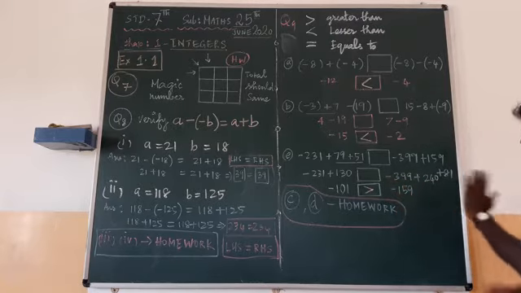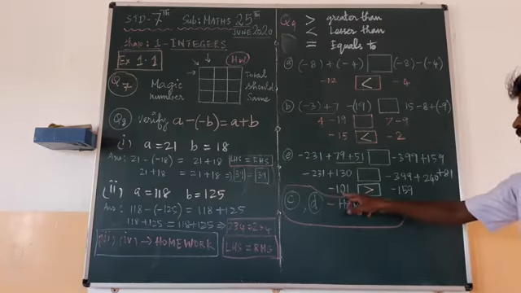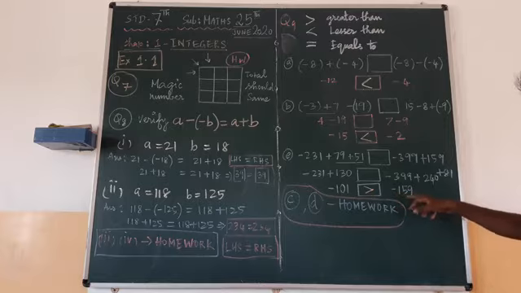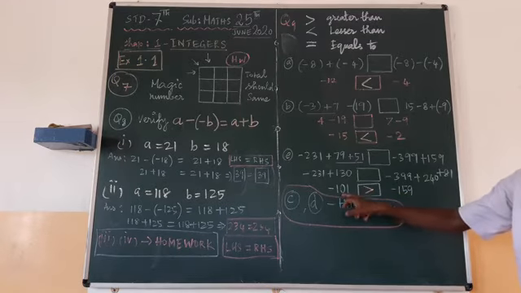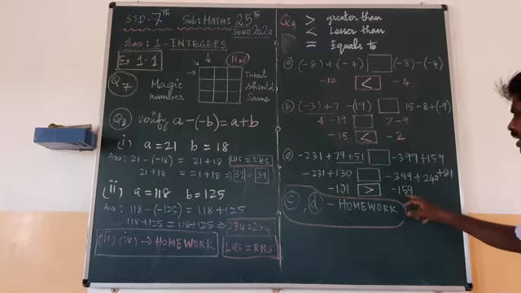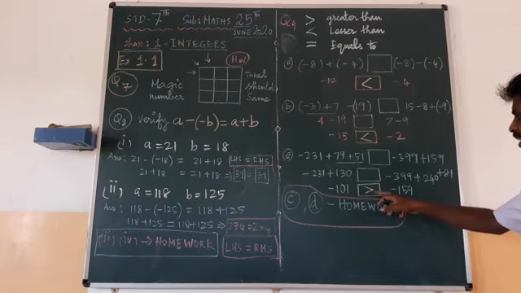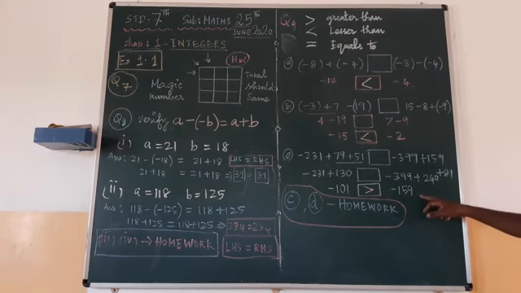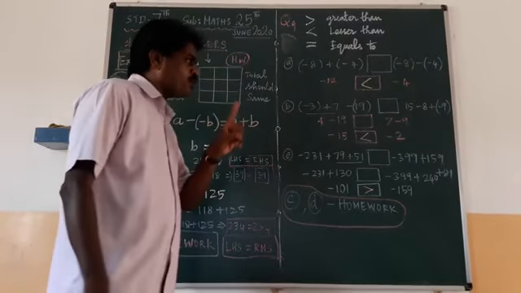We are putting minus. Now you compare minus 101 box minus 159. Which is greater? Which is smaller? This is greater because in the scale 101 will come first and 159 will come later in the minus. So this number is greater than minus 159. Okay? This is very simple exercise. Last only one problem is there.